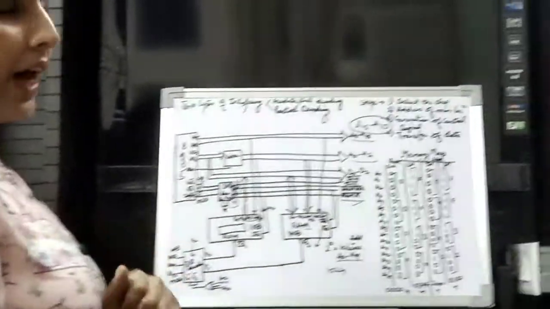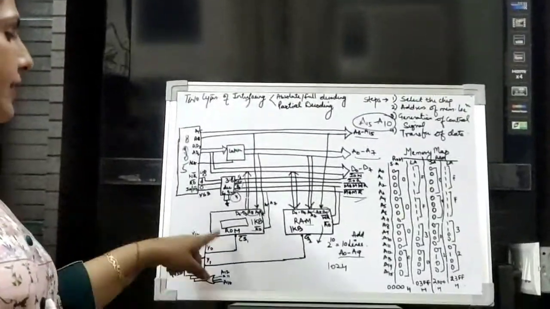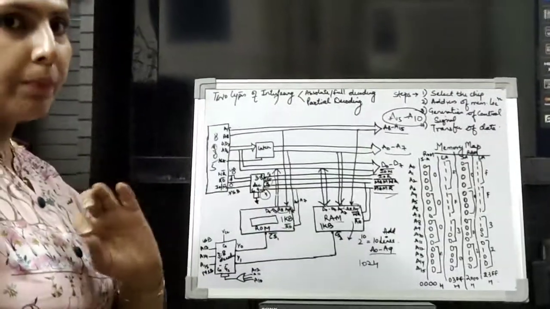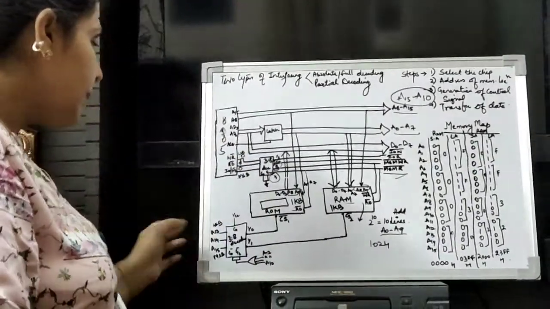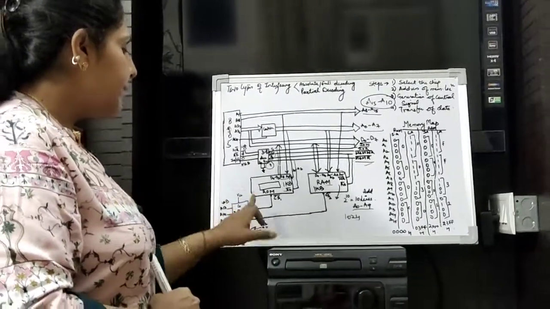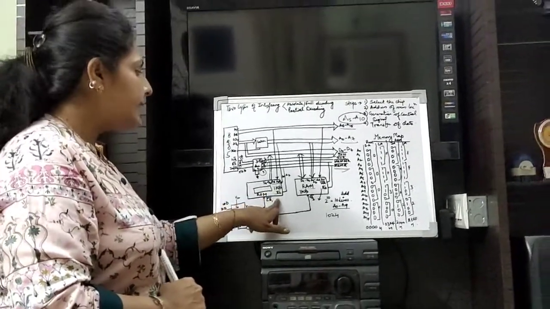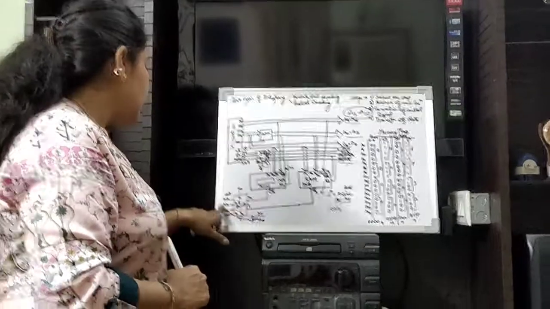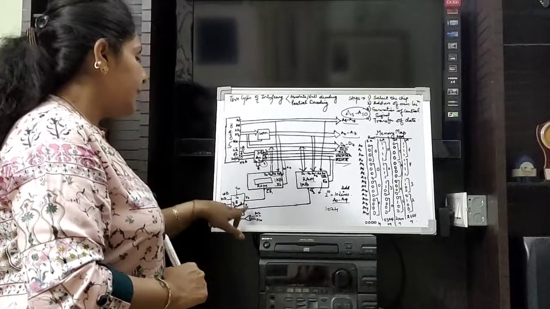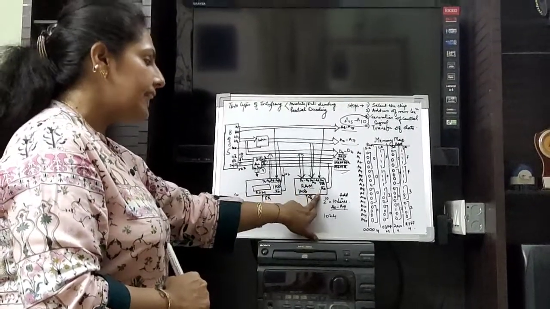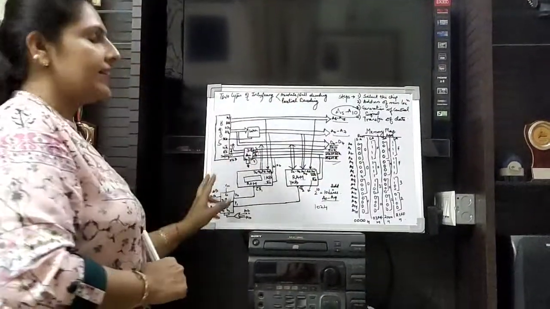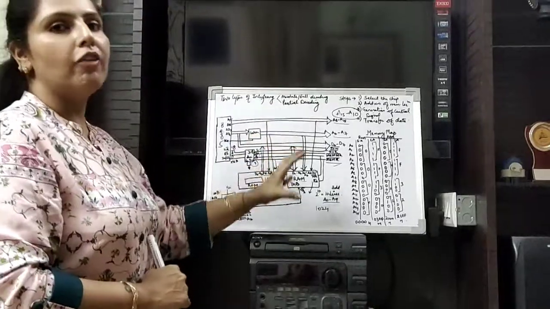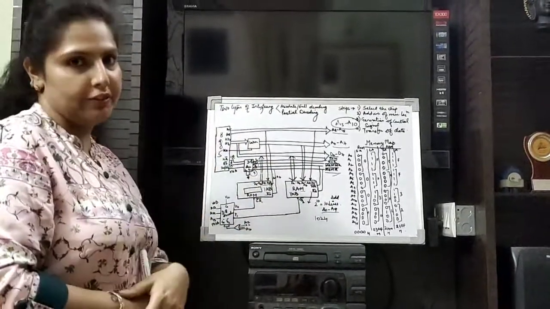Now chip select. How do we select the chip? The first and foremost signal is given to ROM, because I have told you priority is given to the ROM. So 0, 0, 0 becomes Y0 and it is given to chip select 1. Now 0, 0, 1 becomes Y1. At that time RAM is selected. Now this is the interfacing or designing of memory with the help of 8085.